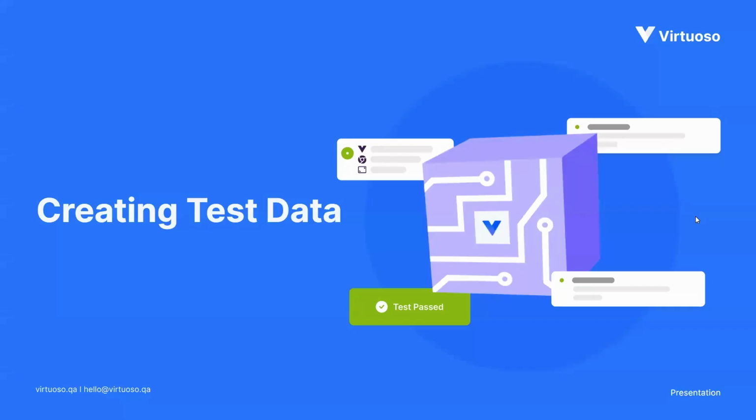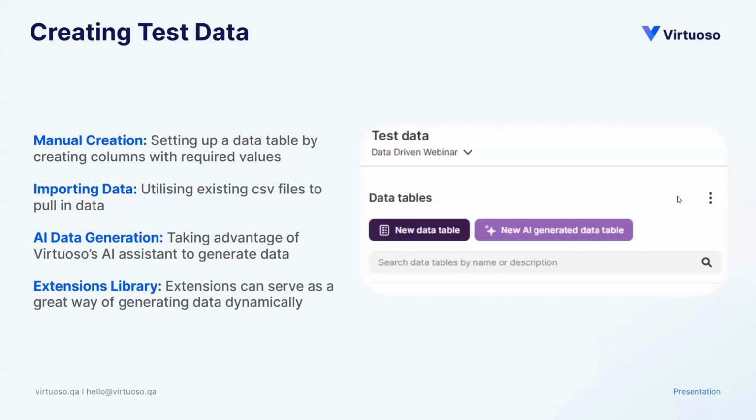and build out your journey at speed. So creating test data, how do we go about doing this? There's a few ways this happens within Virtuoso. So we have the manual creation process. We also have the process to allow you to import pre-existing data, so CSV files, Excel files, things like that. As we mentioned earlier,